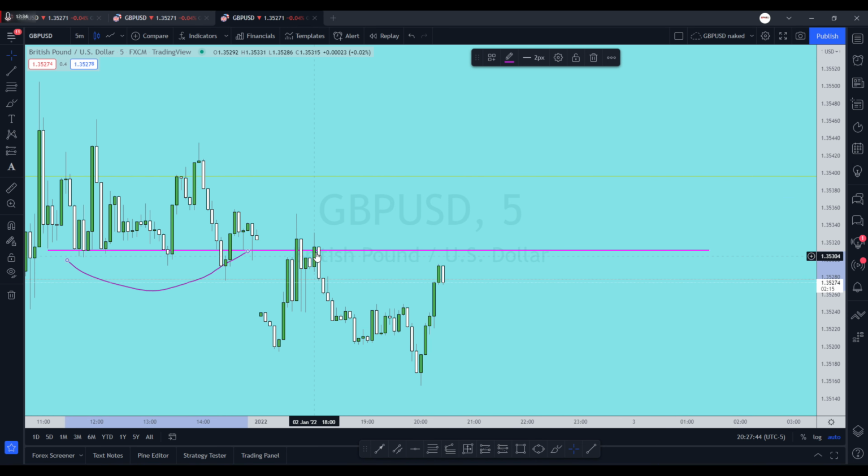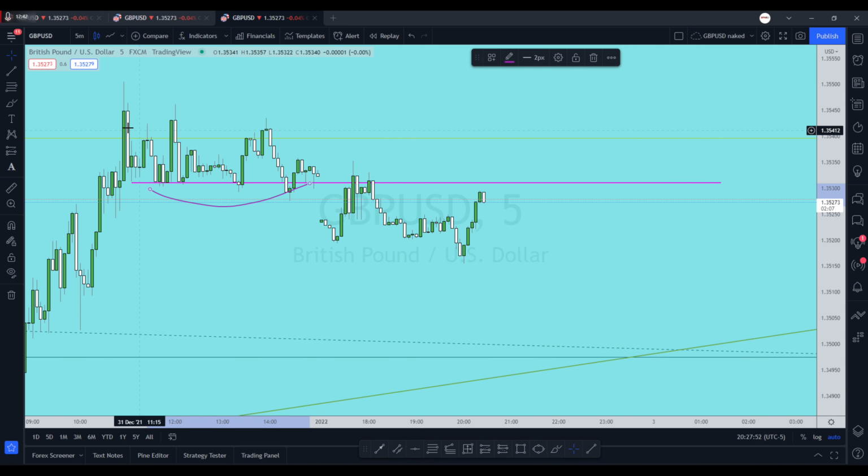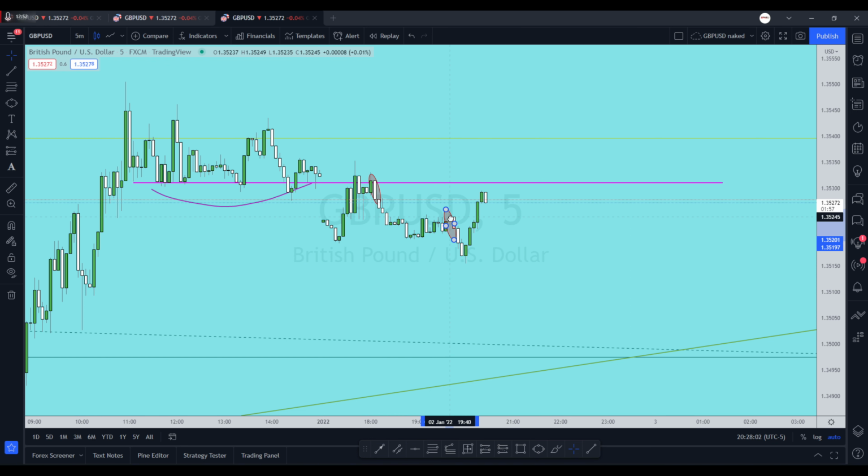First entry could have been right here, or right there too, and also another entry point, could have entered right there. Next entry point right here, and